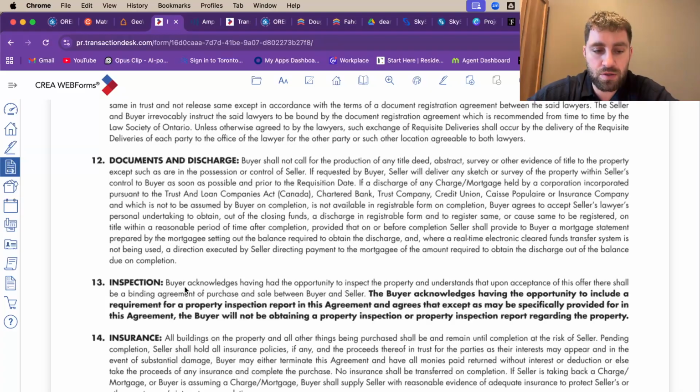So buyer acknowledges having had the opportunity to inspect the property, understands that upon acceptance of this offer, there shall be a binding agreement of purchase and sale between the buyer and seller. The buyer acknowledges having opportunity to include a requirement for a property inspection in this agreement and agrees that except as may be specifically provided for in this agreement, the buyer will not be obtaining a property inspection or property inspection report